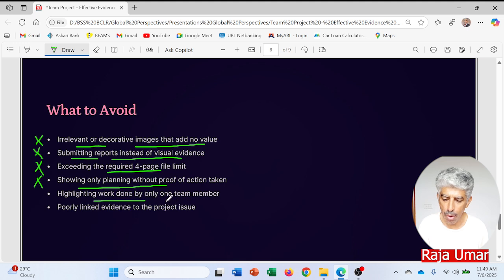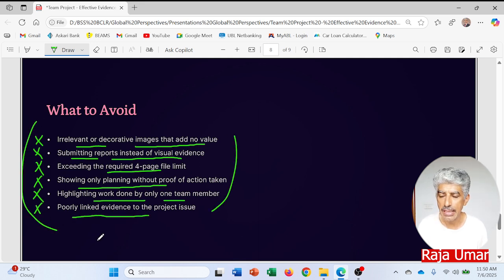Highlighting work done by only one team member while the rest were just relaxing. Poorly linked evidence to the project issue. So if they are there, please revisit your project. If you are facing all these things, work on them again and try to avoid all of them.